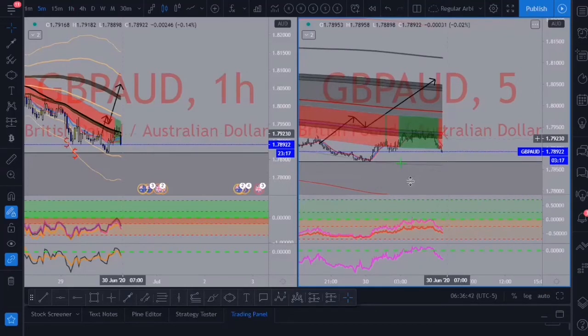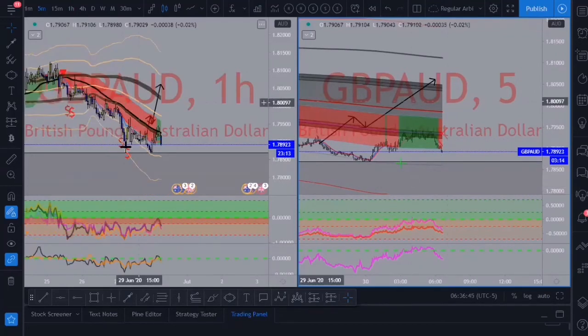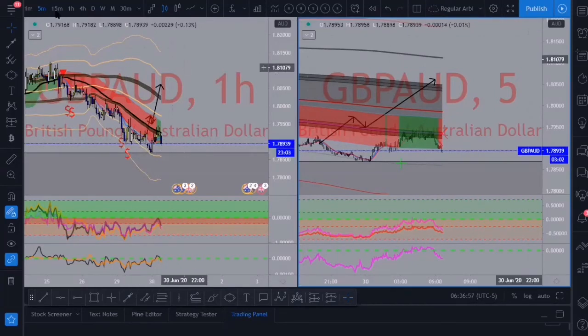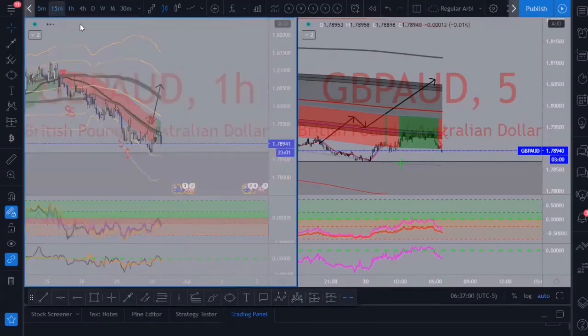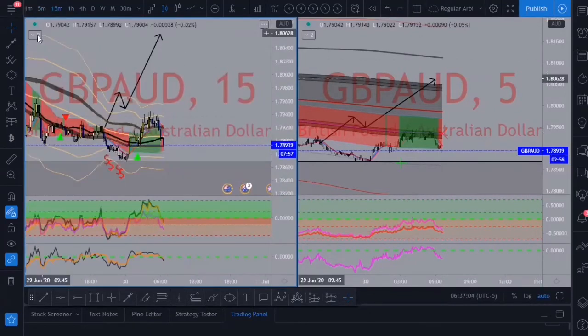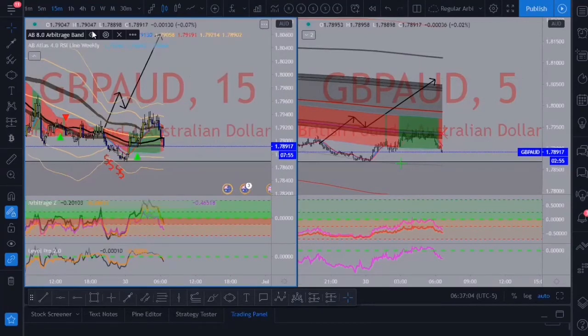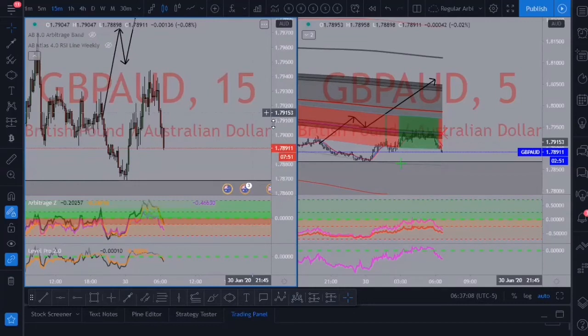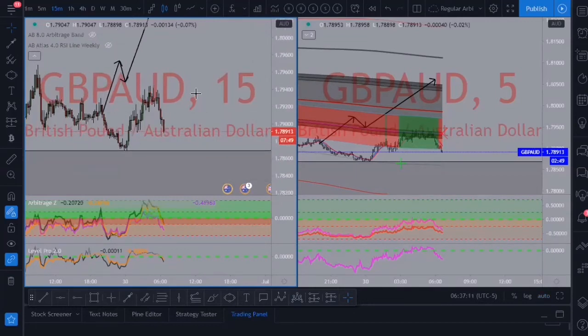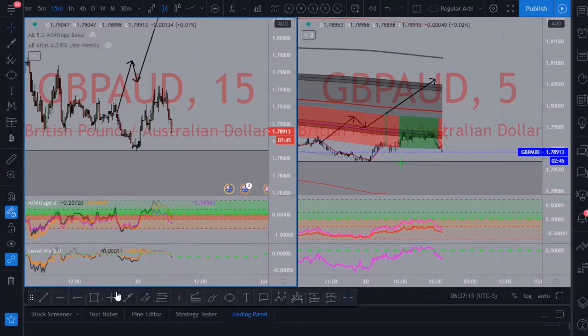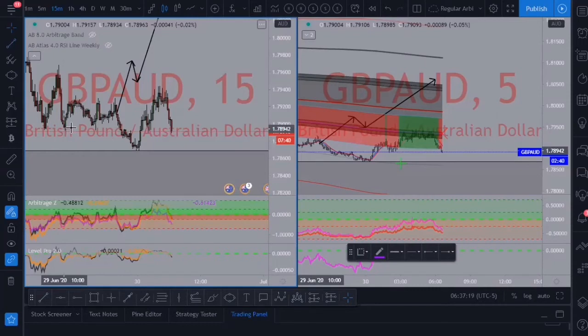Although if this is on your radar, then just watch how it might react right here, because price could literally use this as a resistance, because on a 15-minute time frame it kind of looks like a head and shoulders pattern. And I'll go ahead and actually show that. I'm going to stray away from arbitrage real quick just to show the pattern. Okay, so the head and shoulders pattern that I'm speaking of doesn't really look like it to the extreme, but this is what it looks like. I'll do it in two different ways.